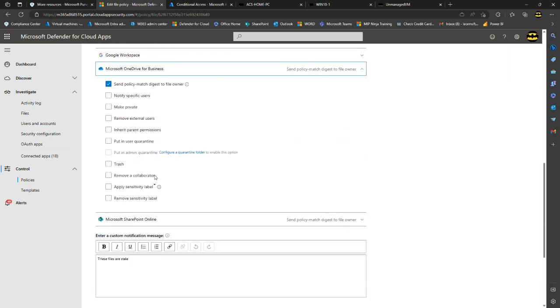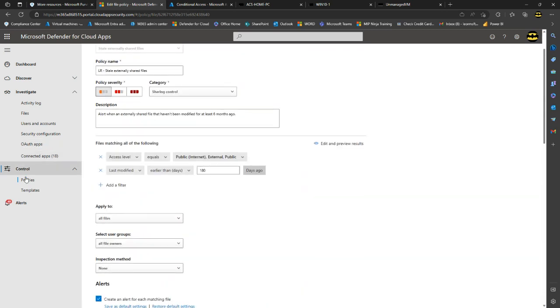And one of the things I want to do for SharePoint is, if there's a match on this policy, I want the user to be notified, the owner to be notified. But I can do things like remove external users. I can also remove collaborators. So we see this solution is very powerful in what you can do and govern your data that's not only stale, but other examples. Let's go back to policies,